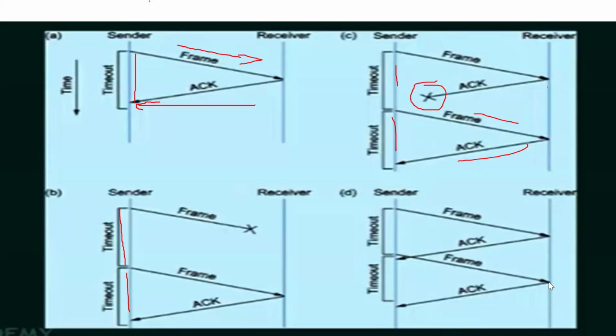So here what happens? The sender is going to wait for the acknowledgement of the first frame which we have sent to the receiver, and before getting this acknowledgement itself, the sender is going to send a second request to the receiver. There may be a timeout while we are waiting for the acknowledgement. So this is a stop and wait